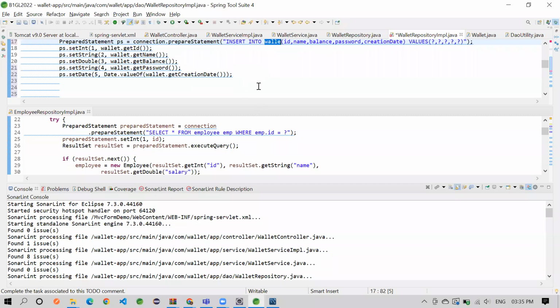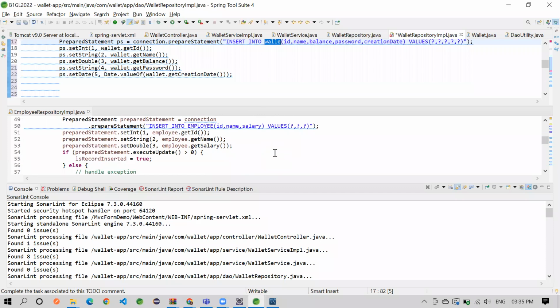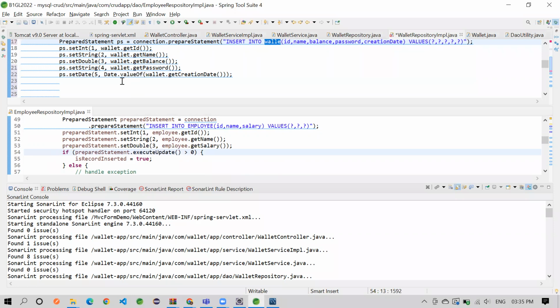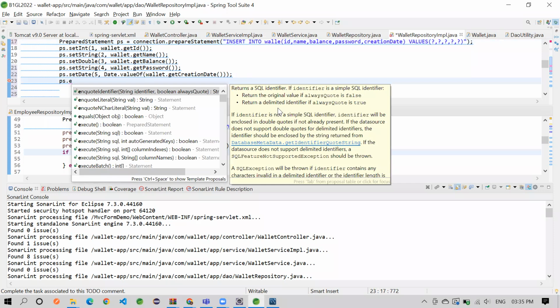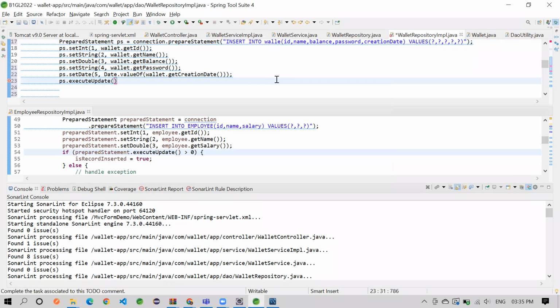Okay. Because it's an insert statement, I am going to get a response back from that particular SQL. So after setting these values, I'm going for execute. So I'll go for ps dot executeUpdate. We know that it is going to give me the number of